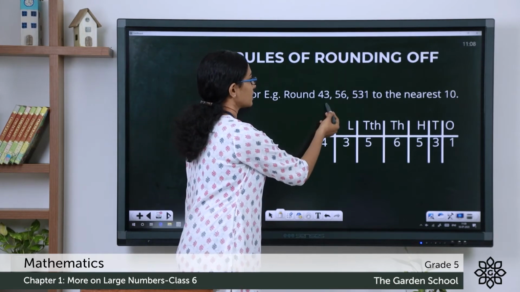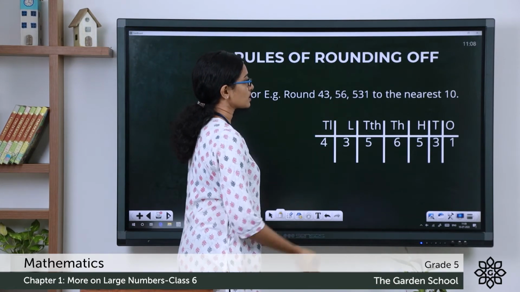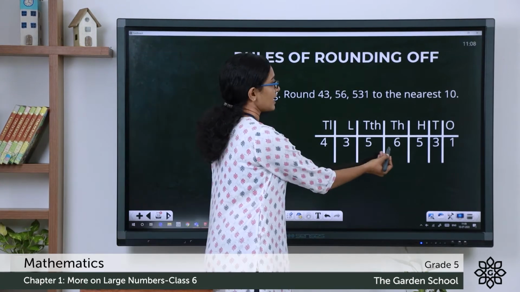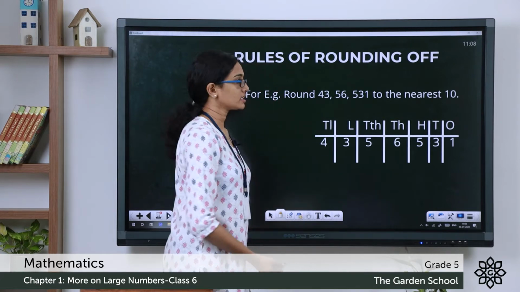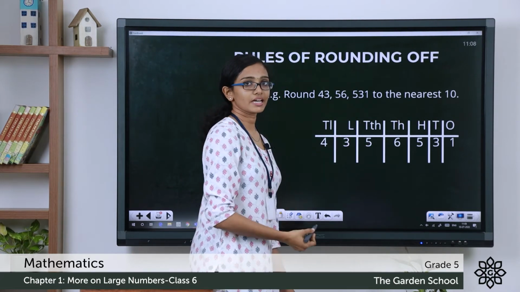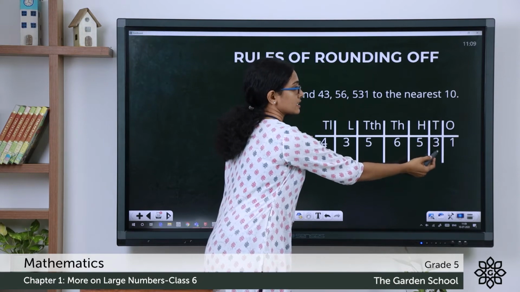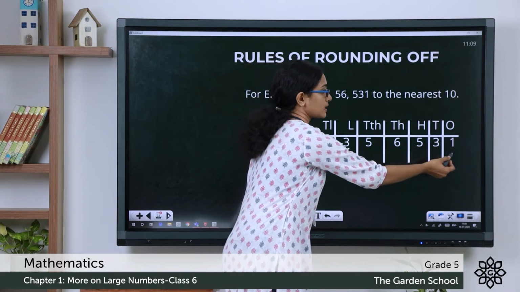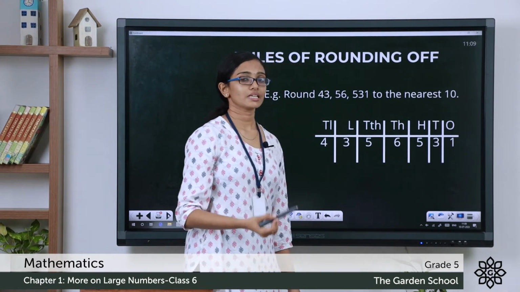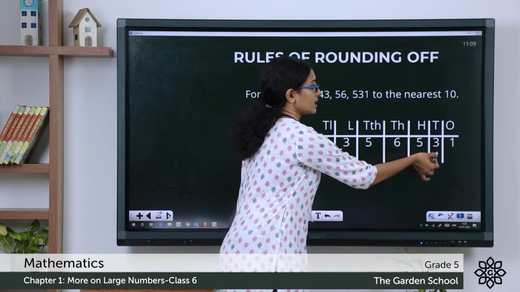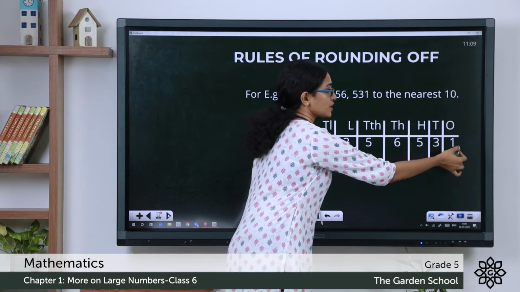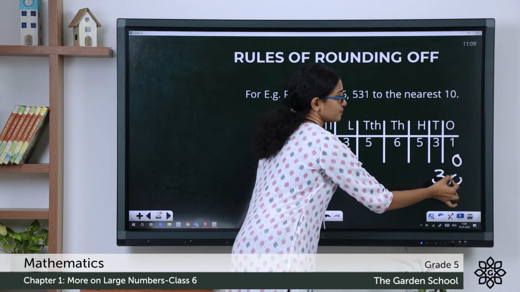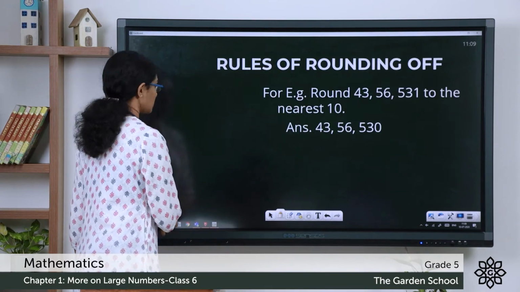Look at this number, 43,56,531. You have to round this number to the nearest 10. I have written the number here in a place value chart. So since we are rounding it to the nearest 10, the rounding digit is the tens digit, that is 3. So we have to check the digit to the right of it, which is the ones digit. It is 1 here, which is less than 5. So let's keep the rounding digit as it is and change the digit right of it to 0. So this part will become like this. So the answer will be